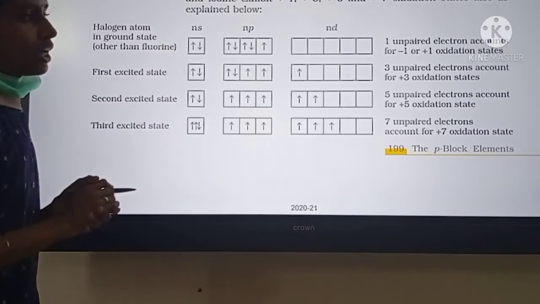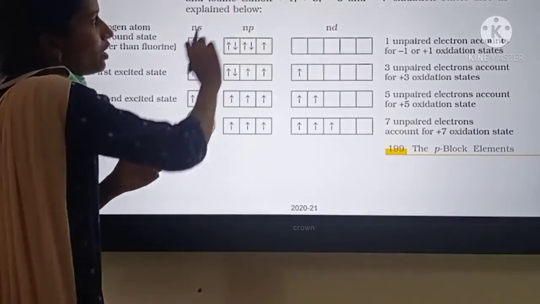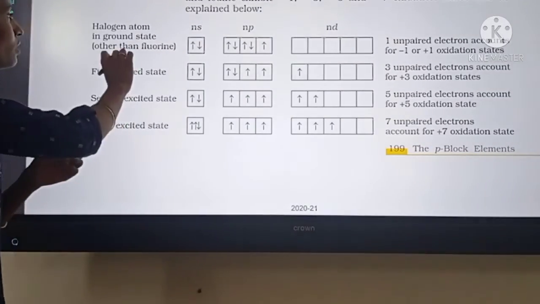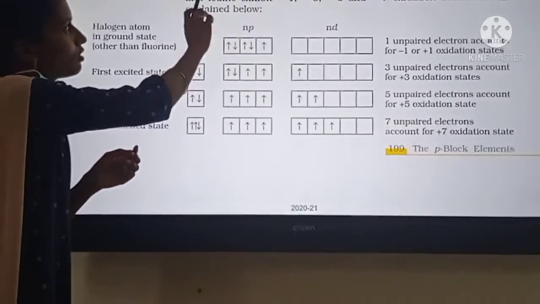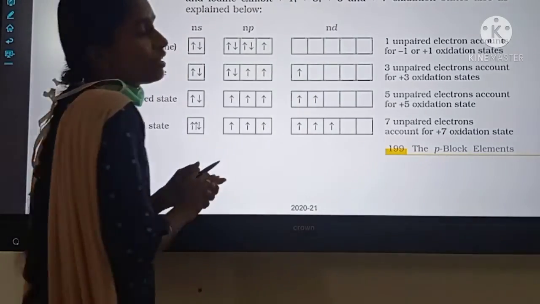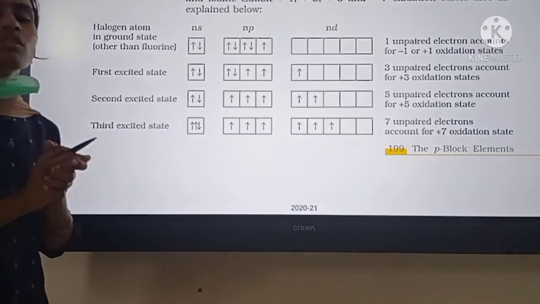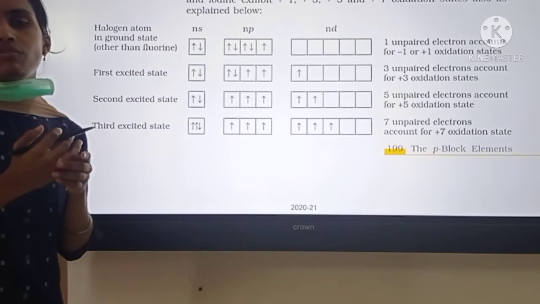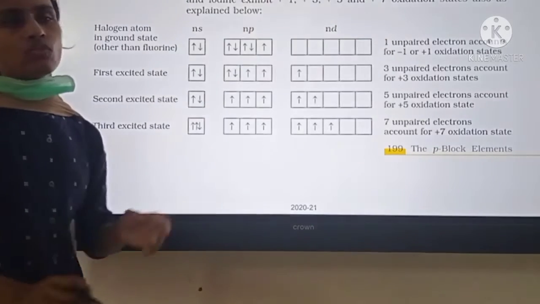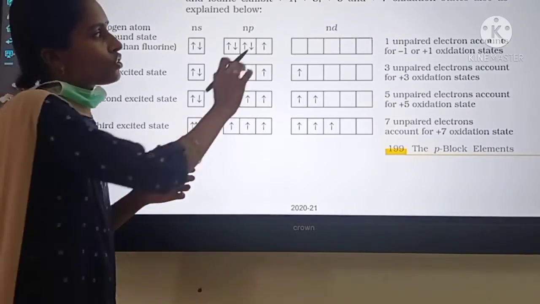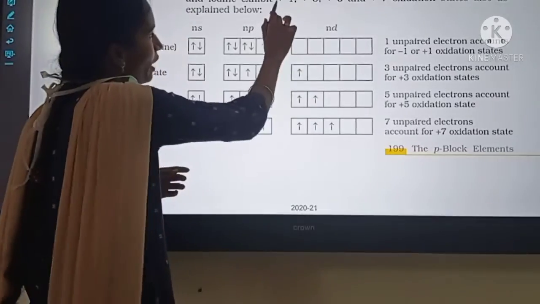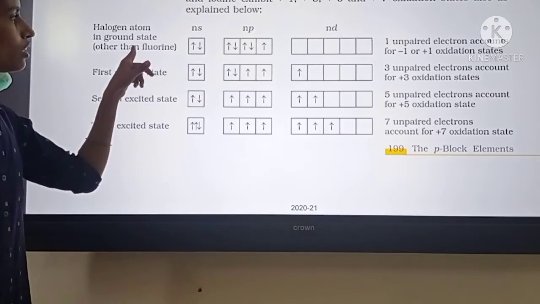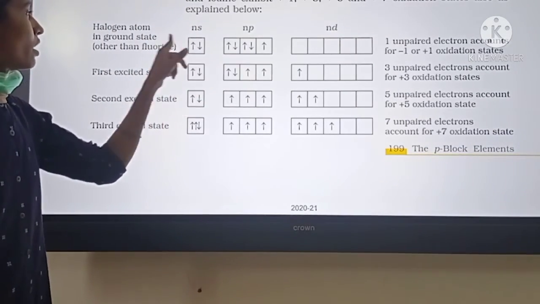Next, chemical properties. Oxidation state: they show variable oxidation states. The halogens generally exhibit the -1 oxidation state, because if they gain one electron, they attain an octet electronic configuration. Instead of -1, they also show +1, +3, +5 and +7 oxidation states. Here, +1 is the oxidation state